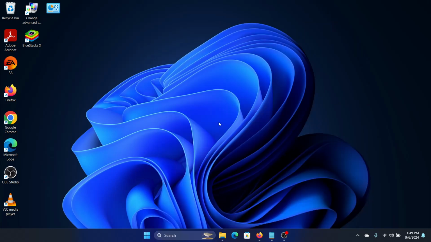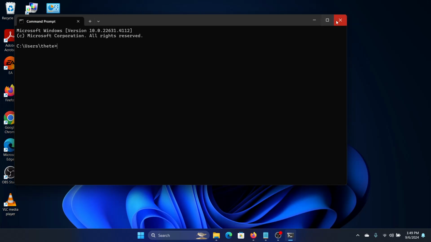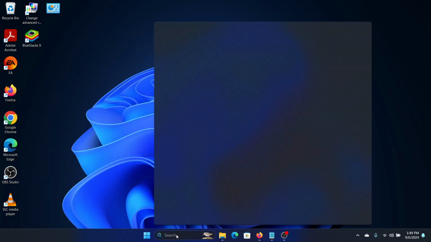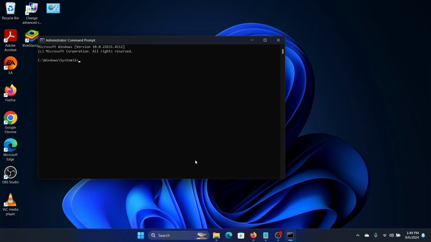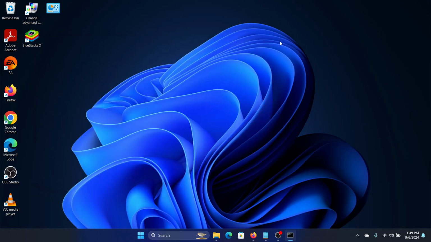go to command prompt. Oh, I forgot to run it in the elevated mode. You need to run it in the elevated mode. Command prompt, right click, run as administrator, and then you need to input the command sfc /scannow and press enter and wait for the scan to finish. And your task manager should start showing the